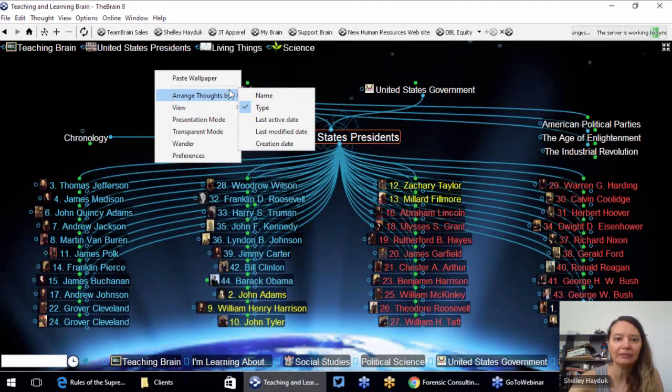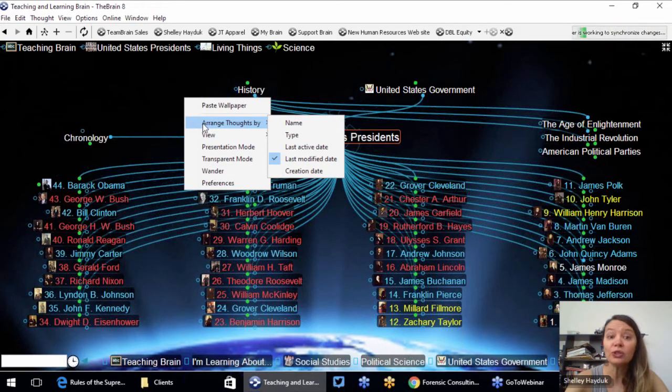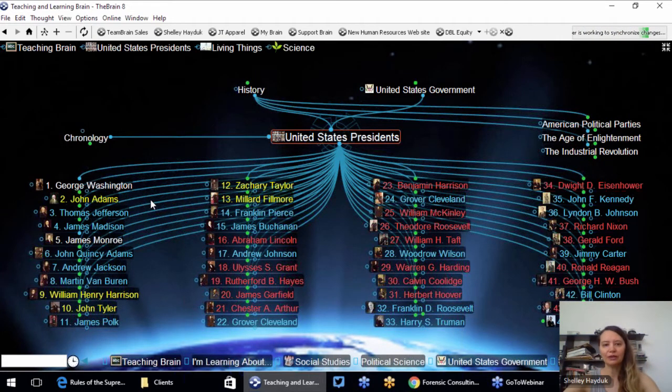Or I can go ahead and look at last active, last modified date. So if I select that as my display, you can see I've got President Barack Obama appearing first because, of course, I've worked on him. He's the latest president. So just a little bit on once your knowledge base gets large, this arrange thoughts by right-clicking is very helpful. In this case, I love the idea of going by name because I can see from George Washington all the way up to our current president,